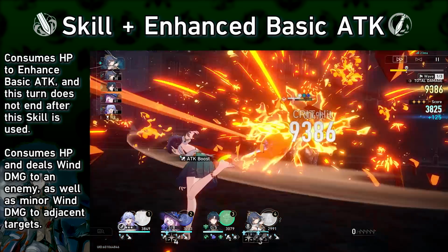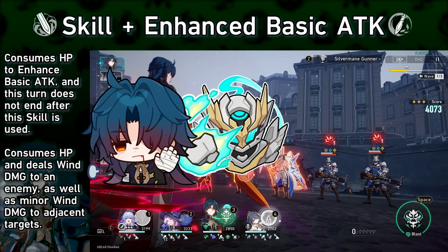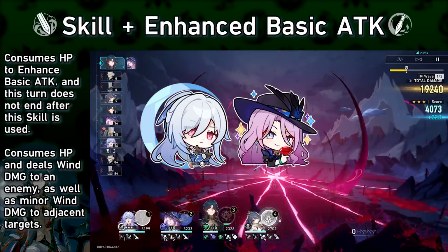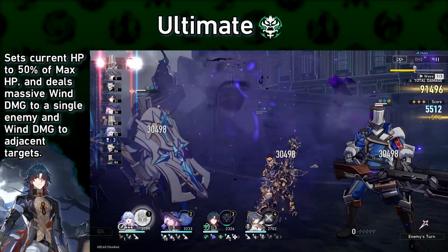attacks his skill enables. This is definitely going to be a central point in designing a support for him, since only him, Firefly, and Arlon are capable of consuming their own HP, though Jingliu and Jade are able to do so on allies. Blade's ultimate always sets his HP to 50%, which can reduce his health or be used to